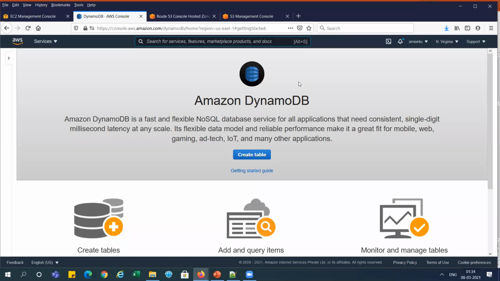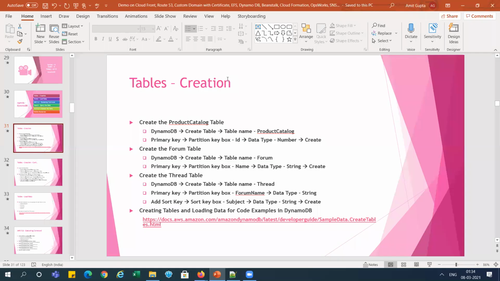You can see here I have logged in to Amazon DynamoDB, and I will follow step by step. I have written the steps over there, and we will follow the same steps.